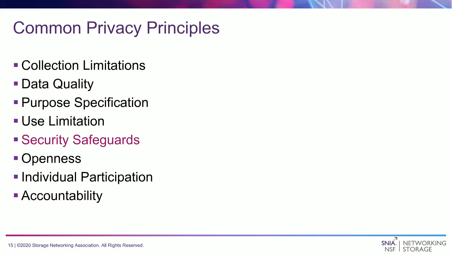Okay, so there have been for quite some time common privacy principles. First, the collection limitation principle: there should be limits to the collection of personal data, and any such data should be obtained by lawful and fair means. Data quality principle: the personal data should be relevant to the purpose for which it's being used, to the extent necessary for that purpose, and it should be accurate. Purpose specification principle: the purposes for data collected should be specified not later than at the time of data collection, and the subsequent use limited to the fulfillment of those purposes or such others.